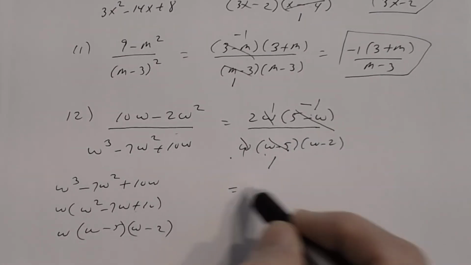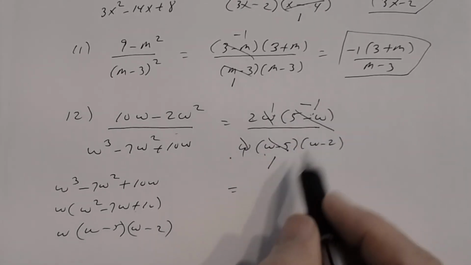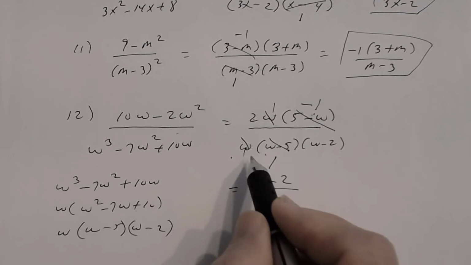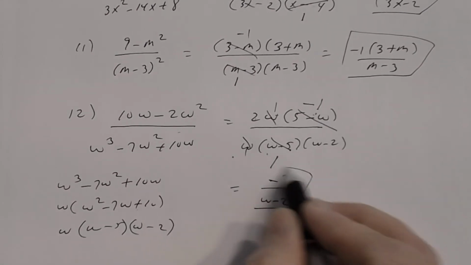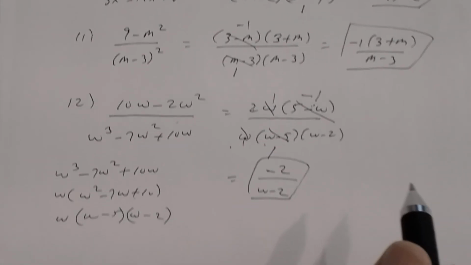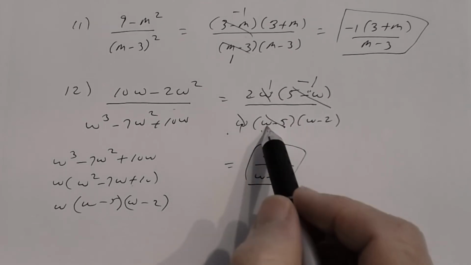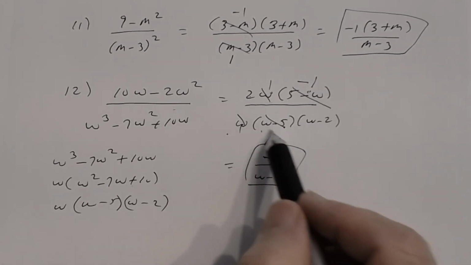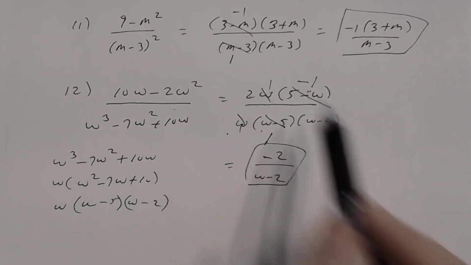And so therefore the answer, that's about all you can do. So therefore the answer will be 2 times 1 times negative 1 is negative 2. And then 1 times w minus 2 is w minus 2. Okay? Now just to let you know, remember, that's what we tend to do, right? If they're opposite, we tend to make the factor in the denominator the positive 1, and the factor in the numerator the negative 1. But